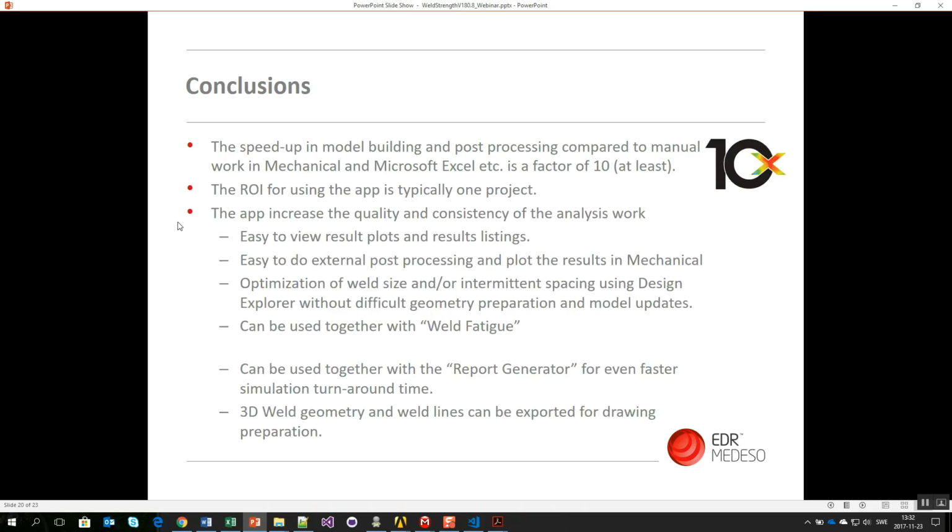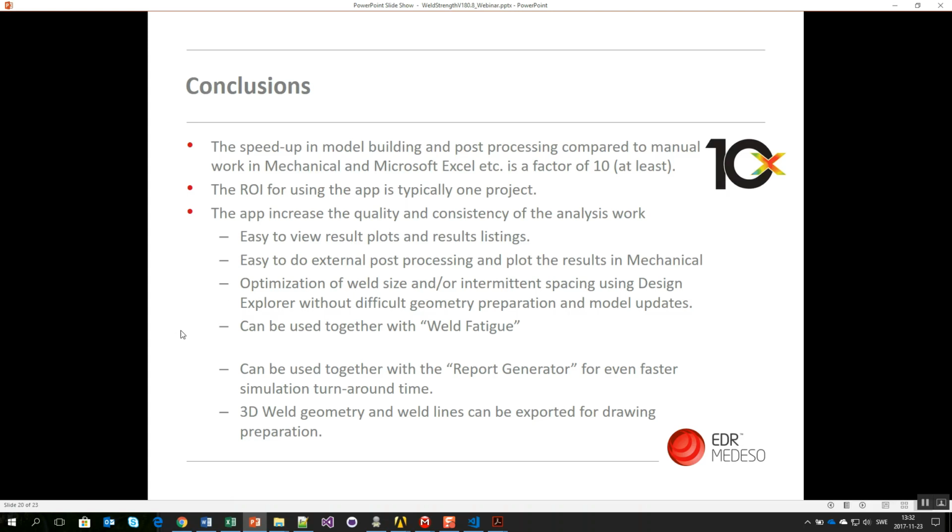So also not just speed up, but you also get the easy to view result plot and listings. Easy to do this external post-processing of these results in mechanical and plot it back in mechanical. The possibility to do optimization, updating the model,